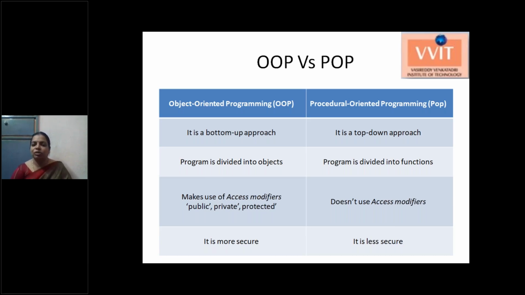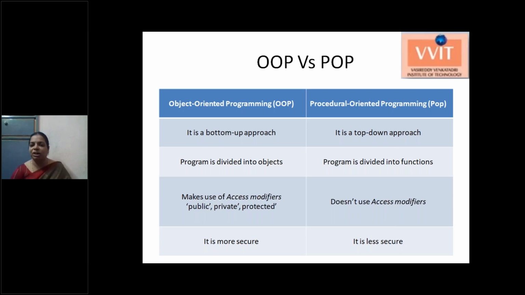But in the procedural oriented language we start from the top down. Here we first decide the functions, then based on the functions we decide the data. For example, I want to perform the sum of 2 numbers, so I declare 2 variables and perform the sum. Whenever you require the multiplication of 2 numbers, again you declare 2 other variables and perform the multiplication. Every time you need a particular task, you declare variables. That is repetition of data, and there is inconsistency in the data.